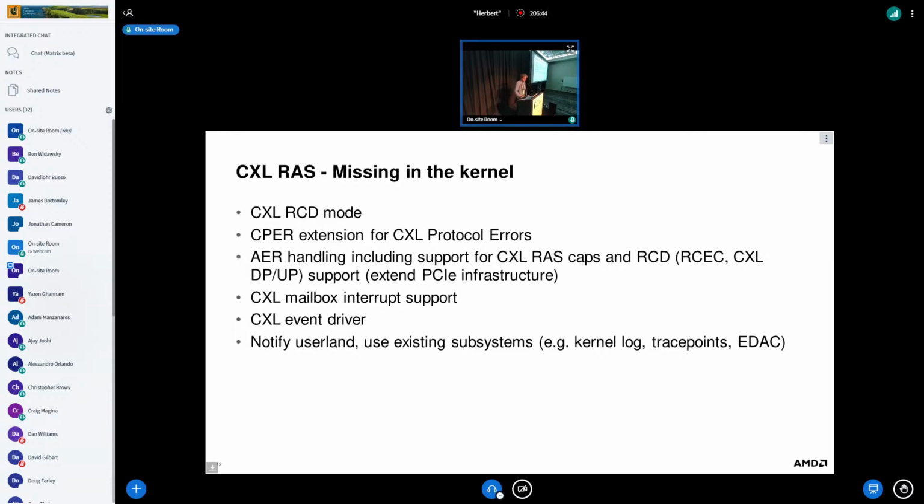Then the AER handling of the PCI subsystem needs to be modified in 2 ways. One is to make use of the CXL RAS capability structures, in case an internal error was detected on a CXL device or host. And then we also need to add AER support for RCD devices,